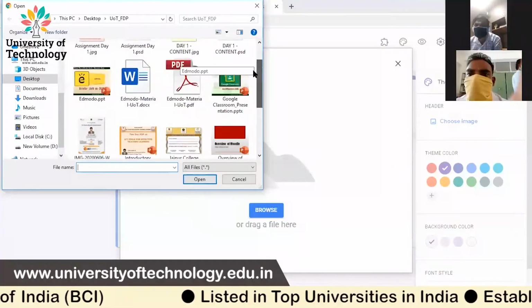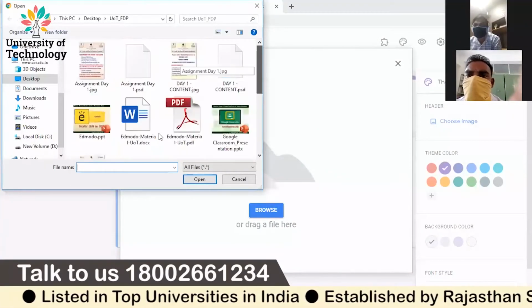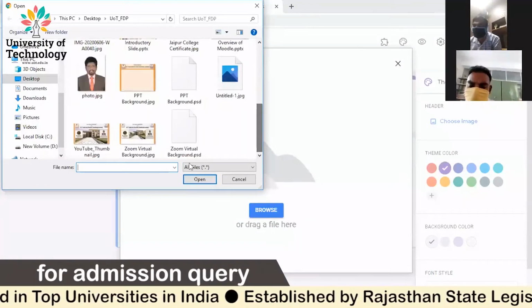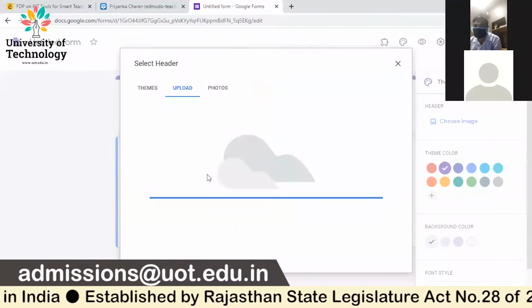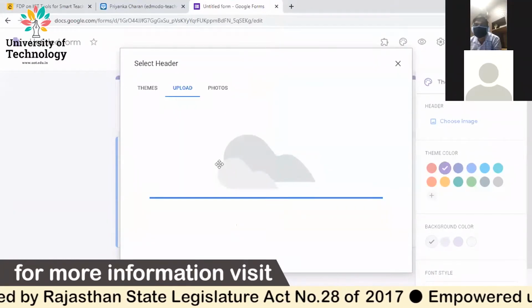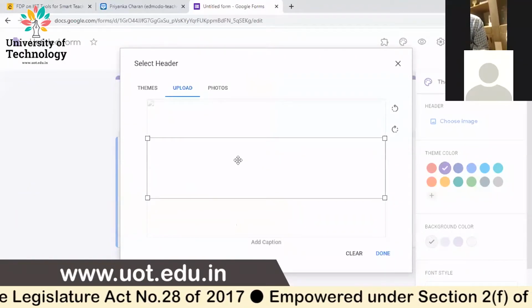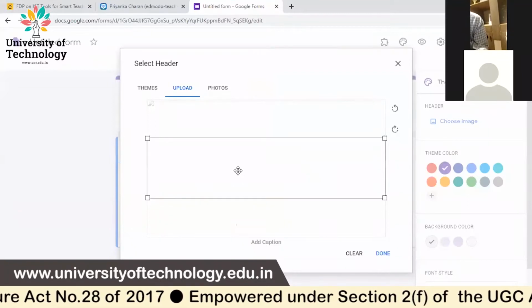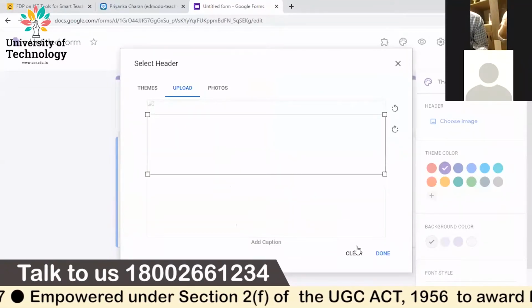For example, I am choosing one of these backgrounds. See, the background is ready. Now I can fix it as the header of the quiz, the header of the form. Okay. Now since it is a bigger file, I'm unable to trace it.